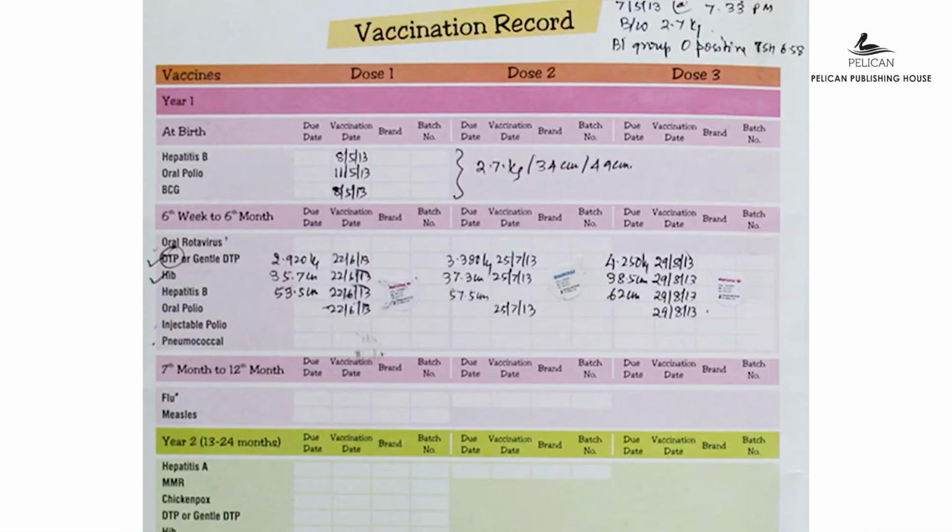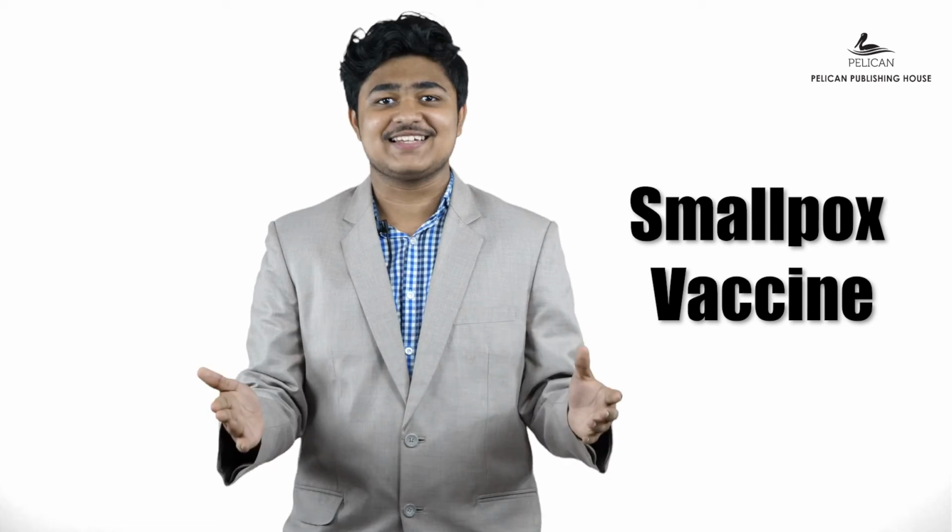Let's explore. Ask your parents to show you your vaccination card. Find out what vaccinations you got and at what ages. Discuss your findings with the entire class. Here's a tidbit. In 1796, Edward Jenner developed the smallpox vaccine when he noticed that milkmaids who got affected by cowpox did not get smallpox later on. Smallpox vaccine is the first vaccine.